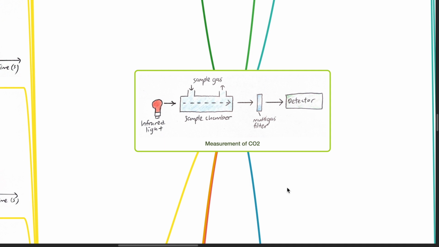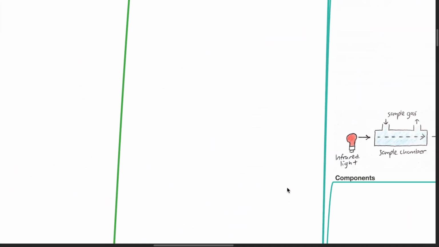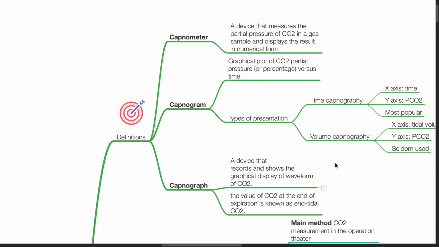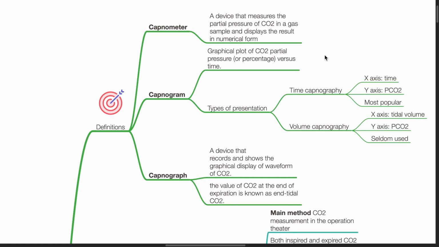Today we will be discussing the measurement of carbon dioxide. A capnometer is a device that measures the partial pressure of carbon dioxide in a gas sample and displays the result in numerical form. A capnogram is a graphical plot of carbon dioxide partial pressure or percentage versus time, and